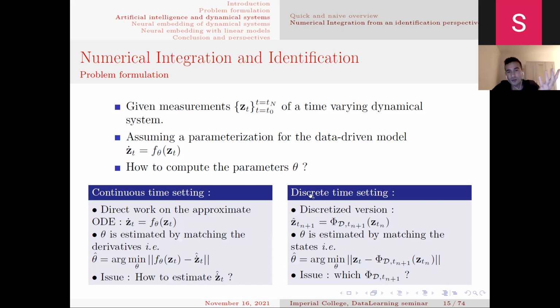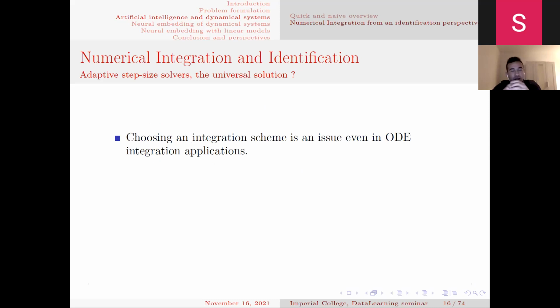Another technique is the discrete time setting, in which we discretize this approximate differential equation, or this approximate dynamical model, and we optimize the parameters of the model with respect to a forecasting cost of the observations, or with respect to an integration cost of the dynamical system. So in this setting, we do not have the issue of estimating derivatives, but we have the question of which integration scheme to use. And actually, this question of choosing an integration scheme is not as straightforward as it may sound,